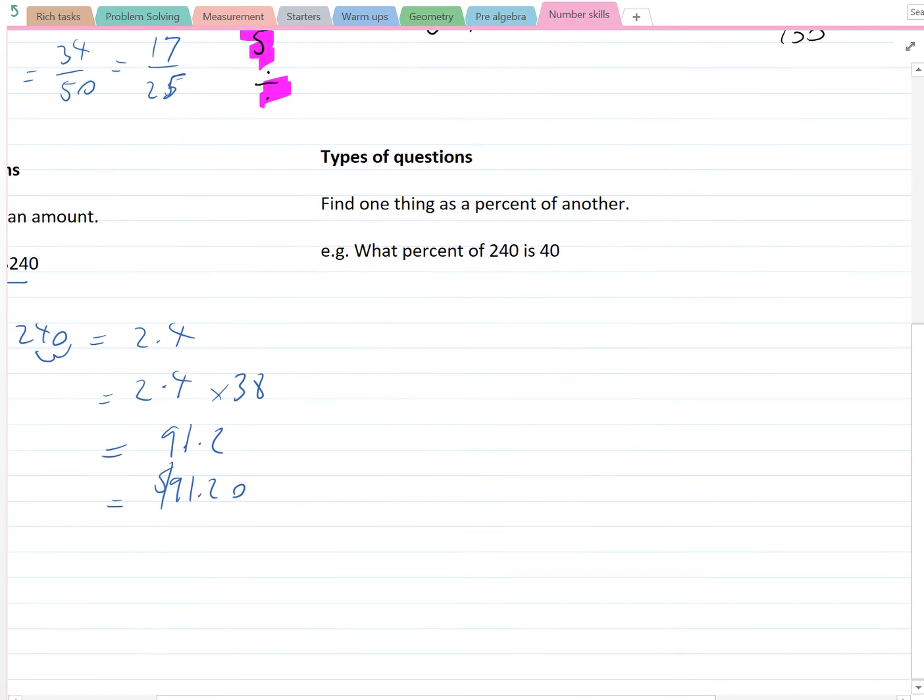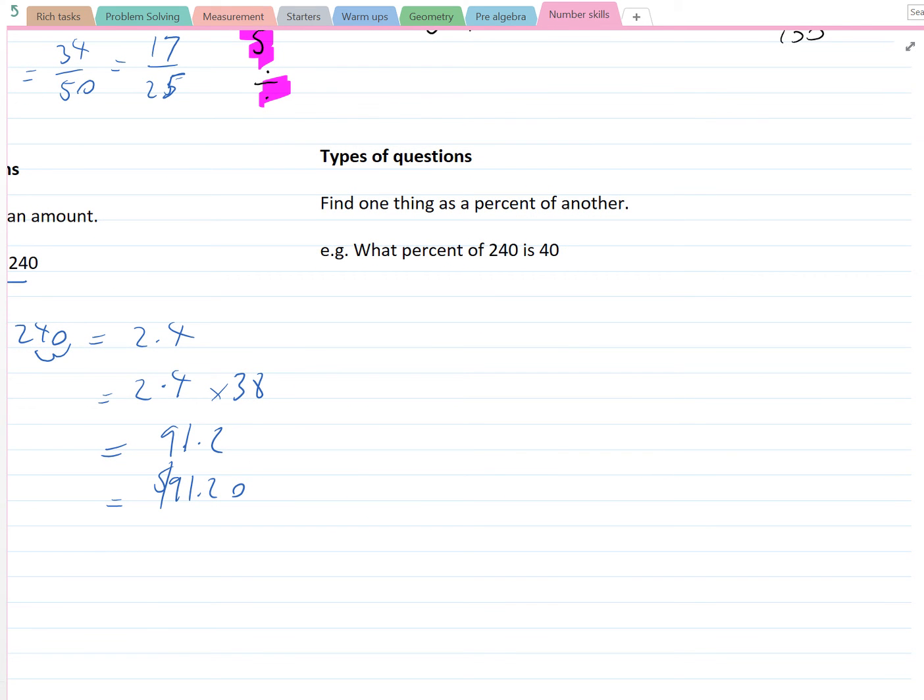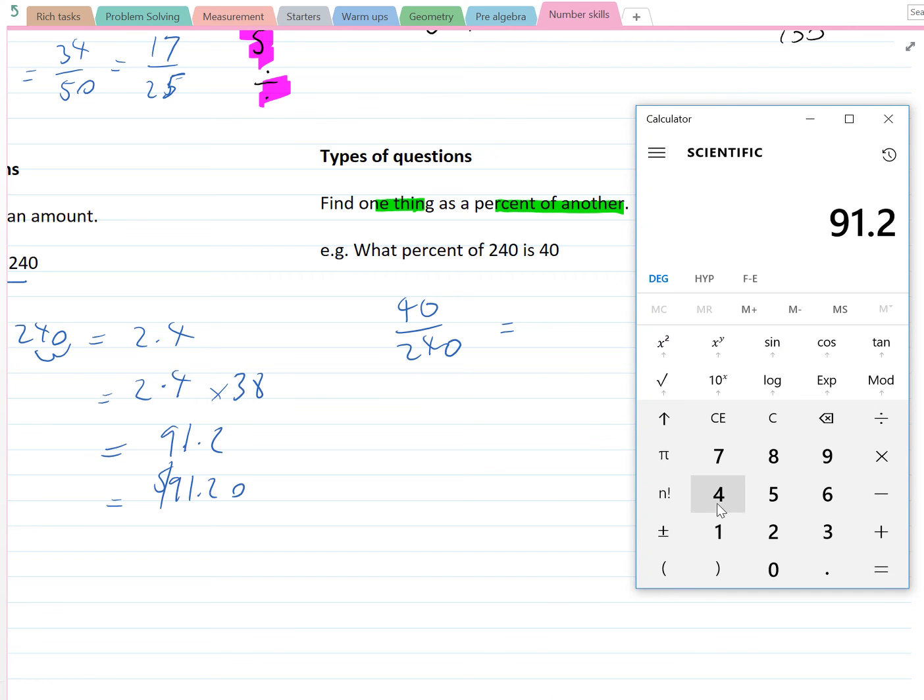The other type of question you get is finding one thing as a percentage of another. So what percent of 240 is 40? What you need to do is make it a fraction. So the fraction is 40 out of 240, right? 40 out of 240, which is the same as, okay, I'm going from a fraction to a decimal to start with, and I'm going to go 40 divided by 240,